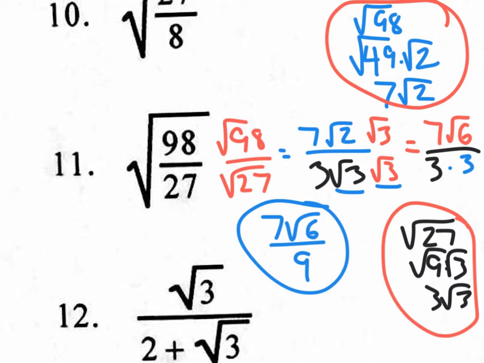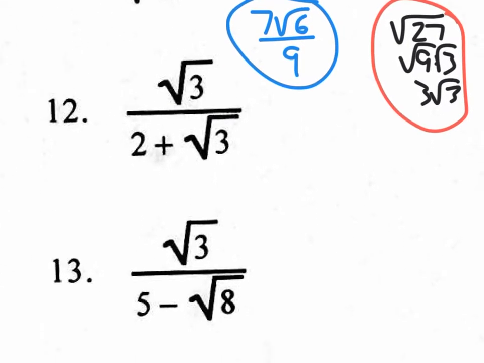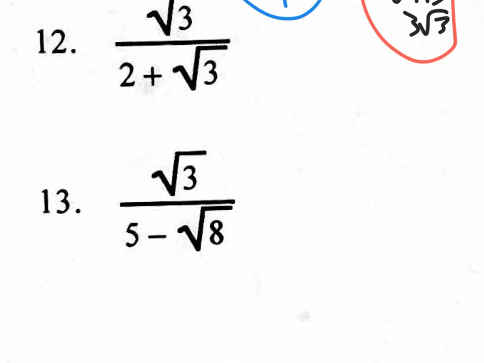So we're going to do one more, or a couple more maybe, I don't know. Let's try number 12 or number 13. Which one, 12 or 13? 13. Okay, so what I would do first is take a look at the denominator, and I would actually simplify